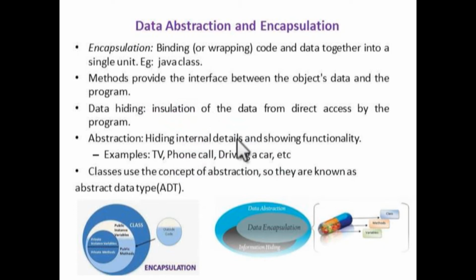Then here I am showing the concept of data abstraction and encapsulation. Encapsulation is the process of wrapping the code and data together into a single unit, that is called a class. So here I am showing the encapsulation concept. It provides information hiding. We can consider a capsule and a normal tablet. If you are taking a tablet, you can touch the medicine. But if you are taking the capsule, all the medicine is present inside the cover. So the outside cover protects the medicine from other people.